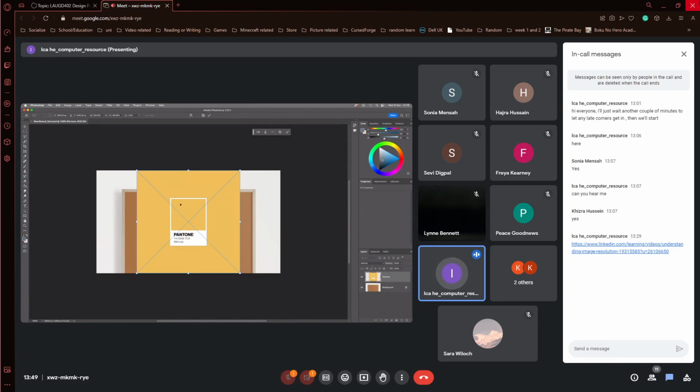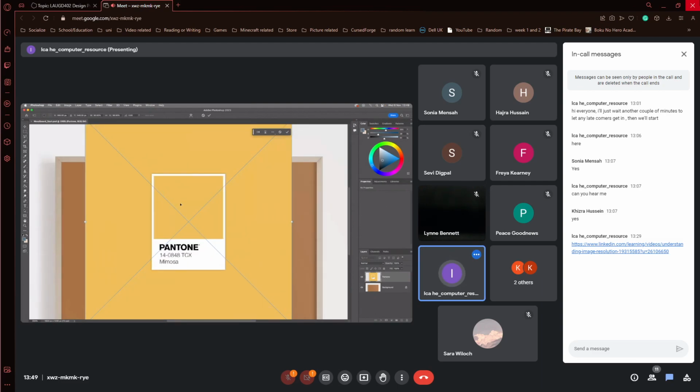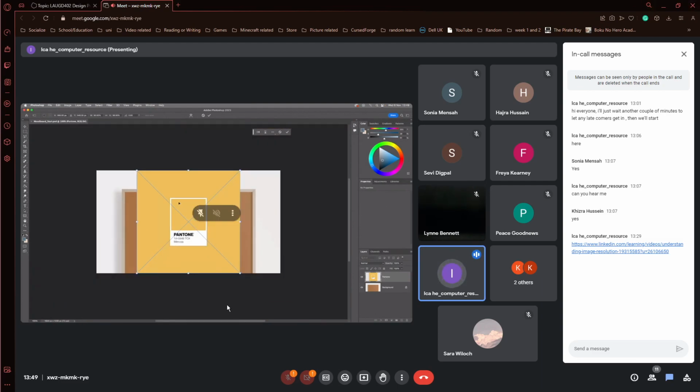Obviously, it's a little bit bigger than maybe I would like. So I'm going to just do a bit of tweaking on it before I commit to it, because it hasn't finished placing the image in yet. When you see this kind of X through the middle, you have to decide, all right, am I happy with it as it is, or do I want to adjust it? So I want to make it